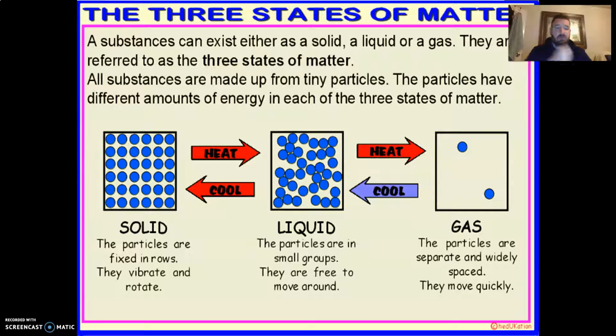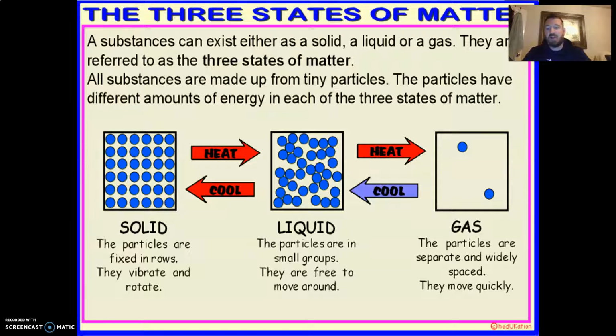Alrighty, so a little bit more here. But a little bit of the nano view of what's happening at our three states of matter. So as substances can exist as solid, liquid, or gas, they are referred to as solids, liquids, or gases, right? The three states of matter. And all substances we know are made of tiny particles, right? Atoms or